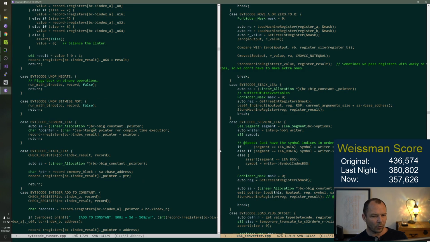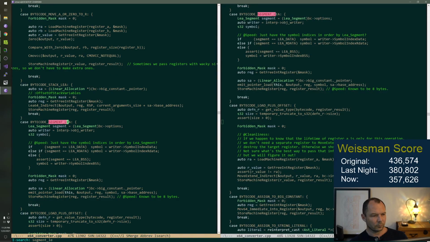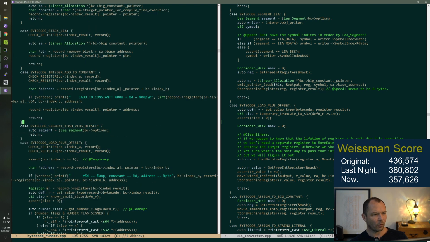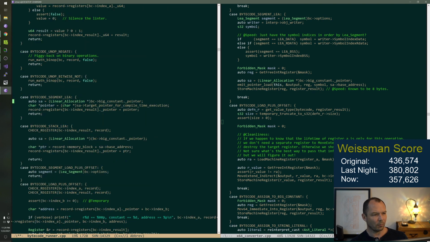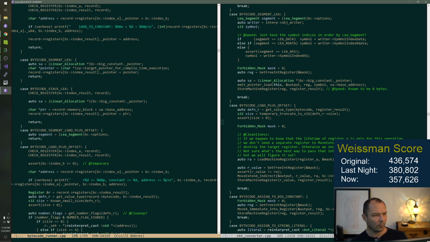All right, so we're going to do this way. Okay, segment load plus offset. Why is integer add plus constant in here? That should not be near the memory stuff. Okay, so you have segmently, which is fast because we just have a frickin' pointer.